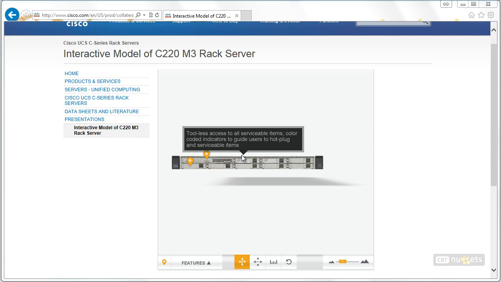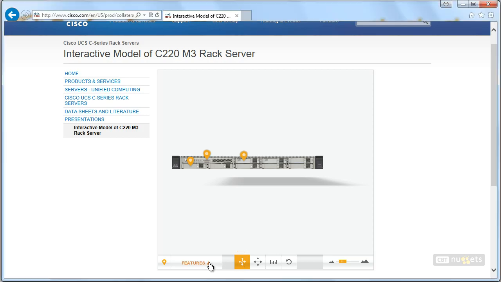Here's toolless access to all the serviceable items. And I love it. What Cisco did on these is they color coded the particular devices, right? They put a little color coded plastic piece on it to let you know what is serviceable and what is hot swappable. Yeah, so they're going to color code the gadget so you know what you can rip out and replace literally during production. Let's go ahead and let's